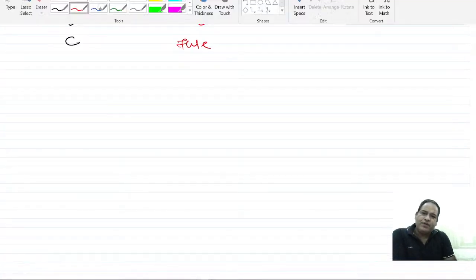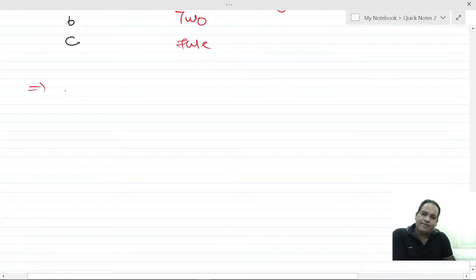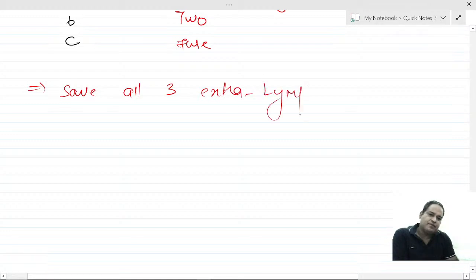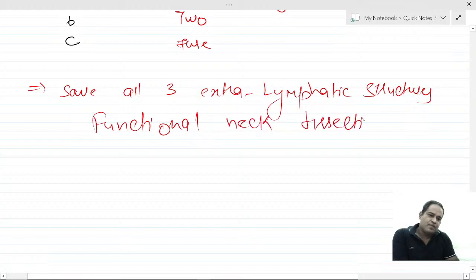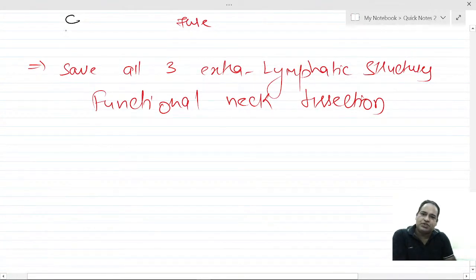Fine. Now when we save all 3 extra lymphatic structures, we may also call it functional neck dissection. Functional neck dissection. Now,